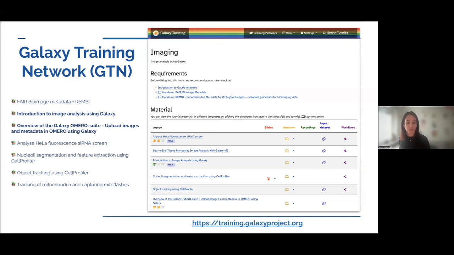Anyone can create a tutorial, and the workflows are also shared in the workflow hub, which is also a good thing. So that's on the Galaxy Training Network. And today, the 2 ones that are involved will be covered by Leonid and Ricardo. So you will see in practice how this is looking.